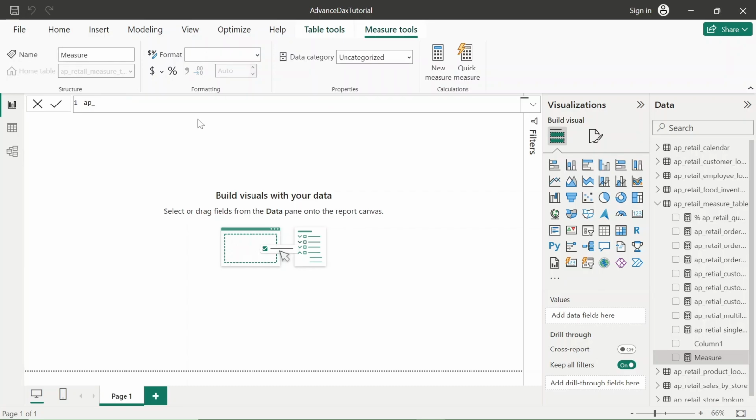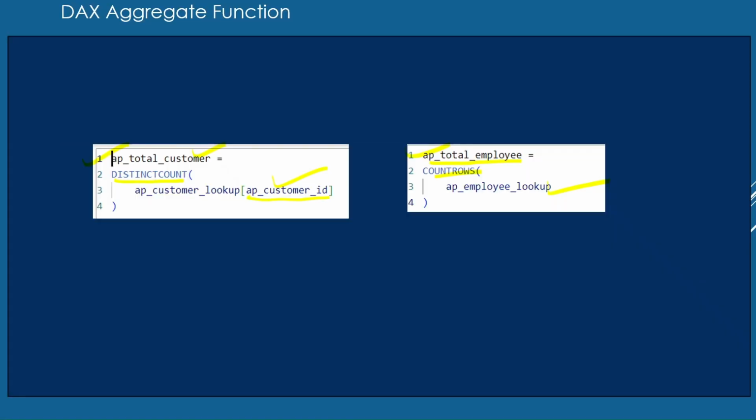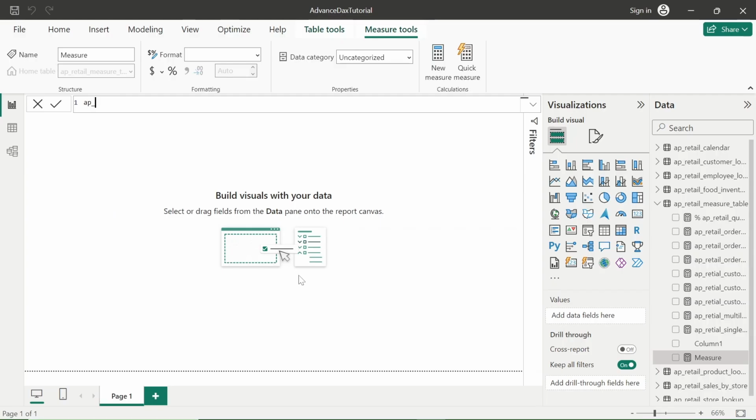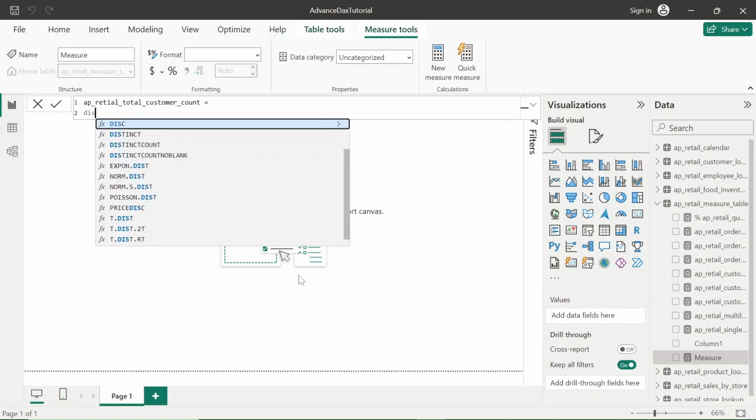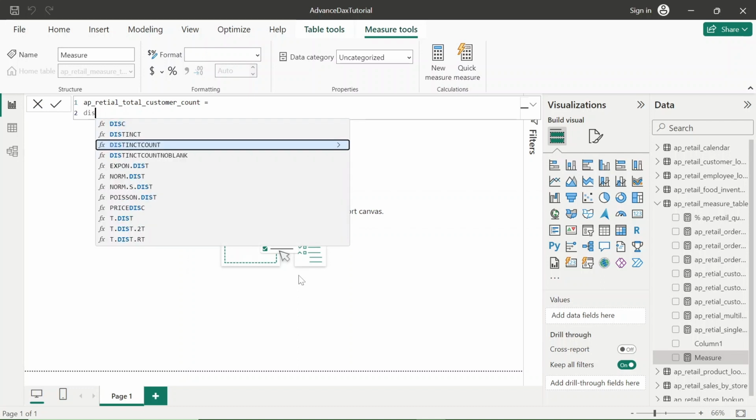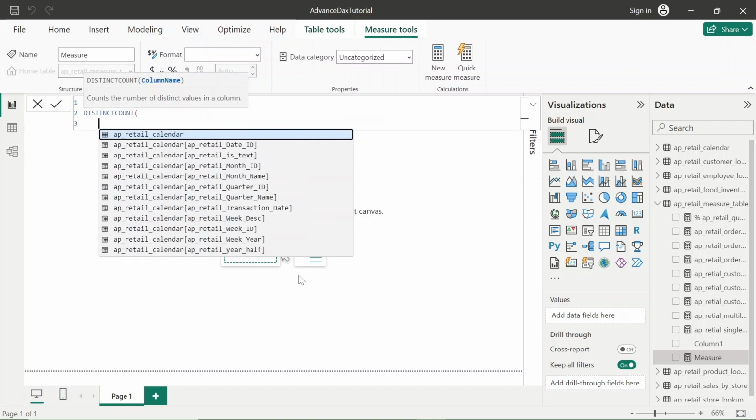The measure name is AP retail total customer count. We are using the aggregate function, then use DISTINCTCOUNT, and which table are we counting?